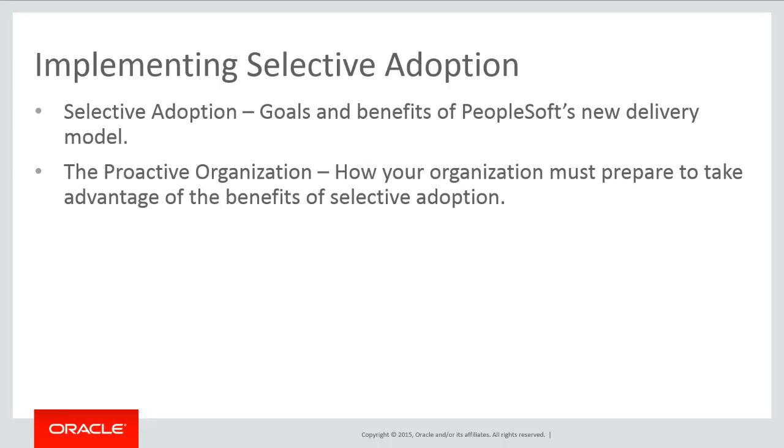Selective adoption is the term used to describe PeopleSoft's new application lifecycle process. It's not a tool or utility. There is a primary tool, PeopleSoft Update Manager or PUM, that makes it work. But selective adoption is new and it's used with the 9.2 PeopleSoft product line and the 9.1 Interactive Hub, where